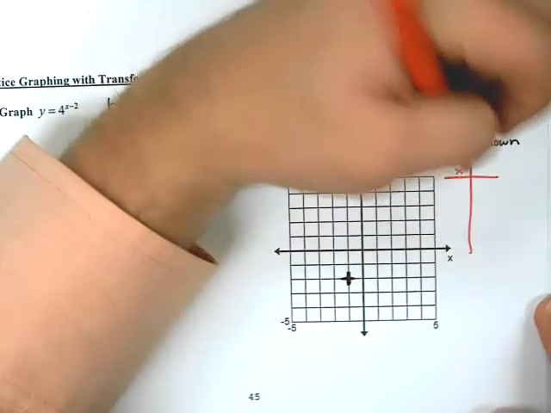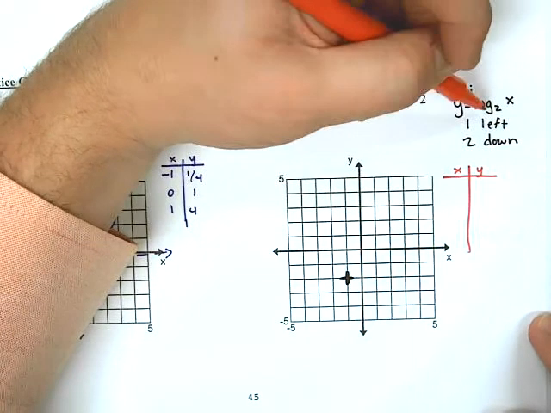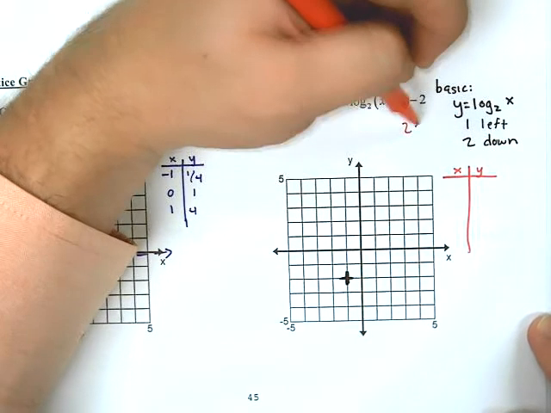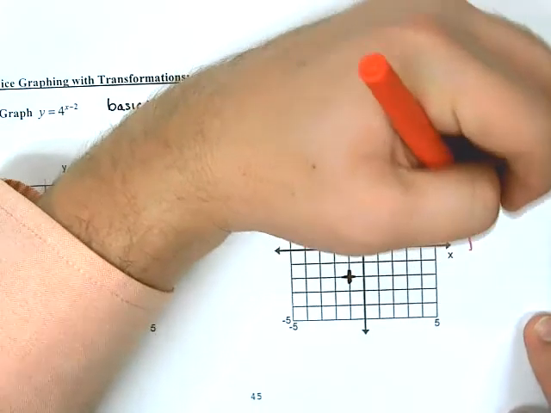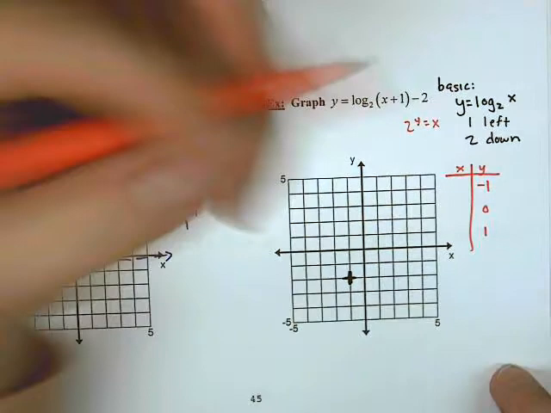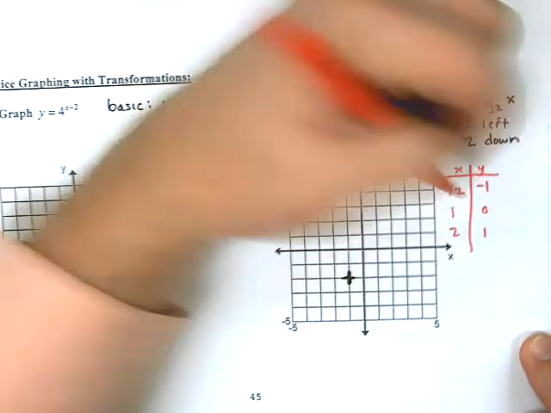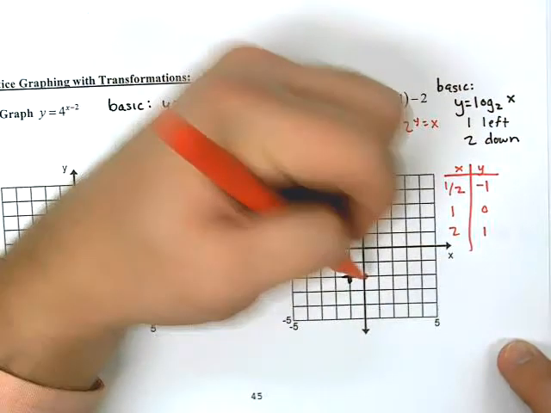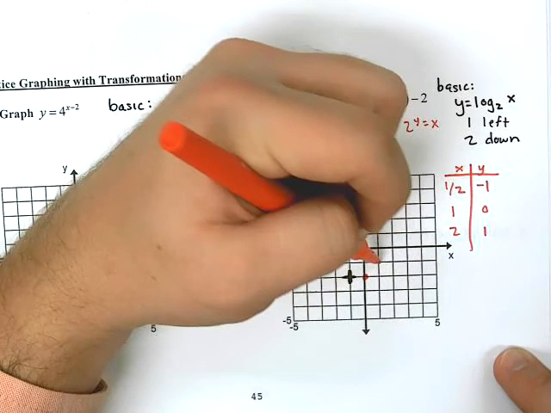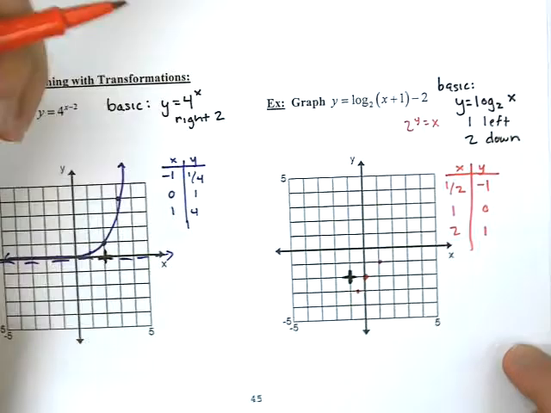This is a log, so if we remember, if I move this stuff around, I'm not doing y equals log base 2 of x. I'm going to do 2 to the y is equal to x. So that's my hint that I need negative 1, 0, 1 as my y column. And now I can plug in 1, 2, 1/2, and I plot all those points. So 1, 0 from my new origin, 2, 1 from my new origin, 1/2, negative 1 from my new origin,